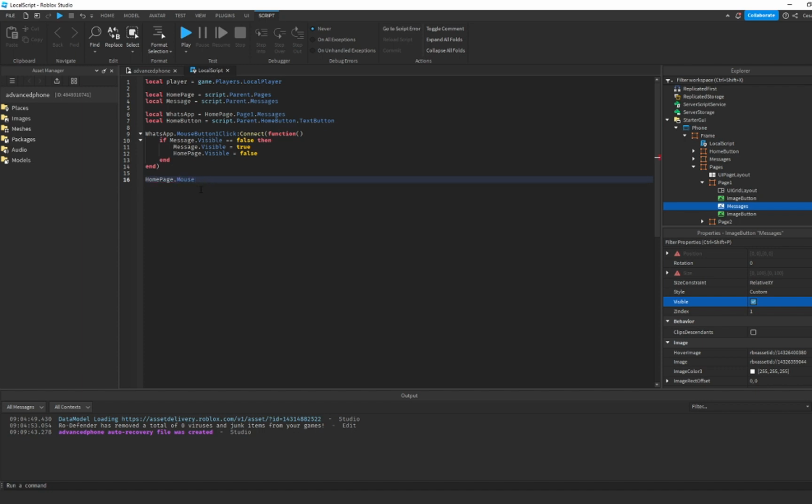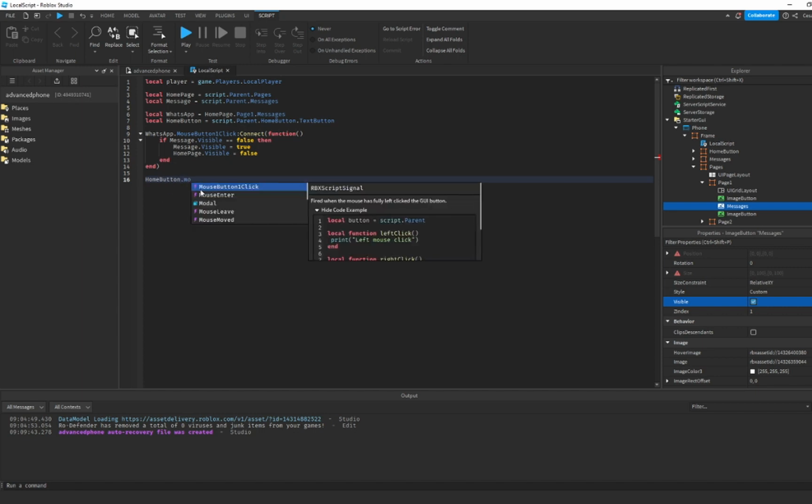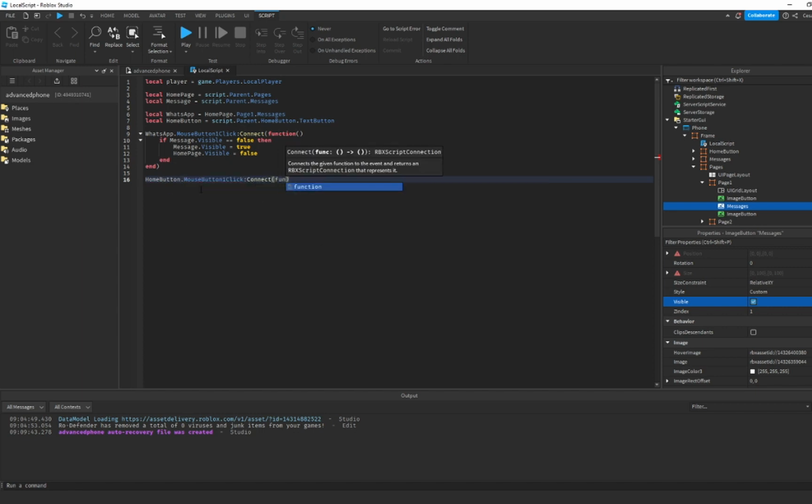Wait, mouse. What the hell? Dot mouse button. So why is that not working? Oh, that's home page, home button. I was about to say, bro. I was getting upset. So then we want to say if